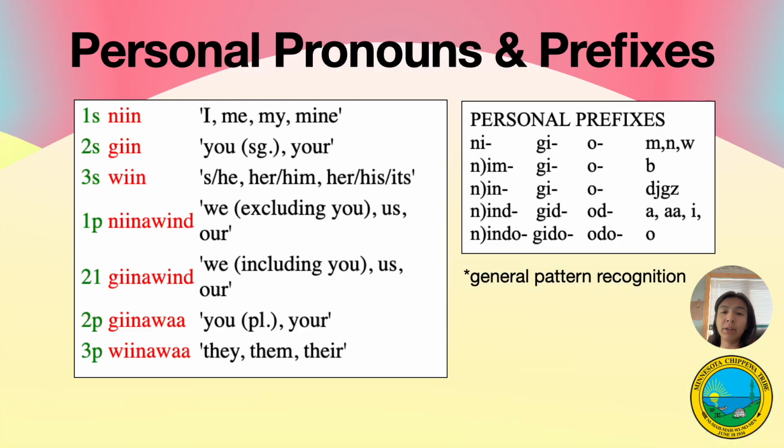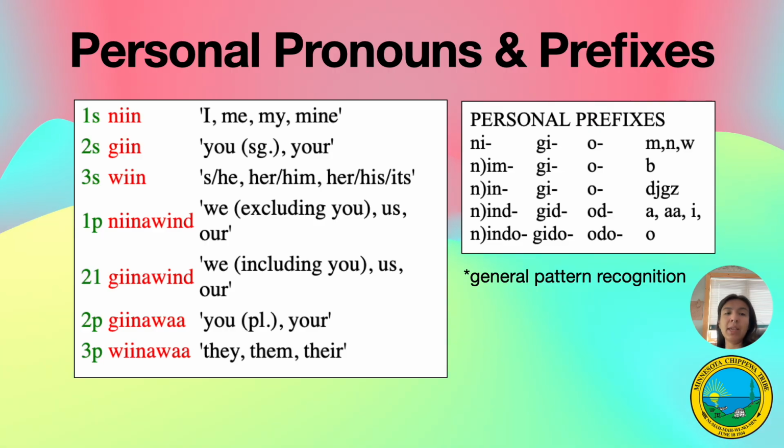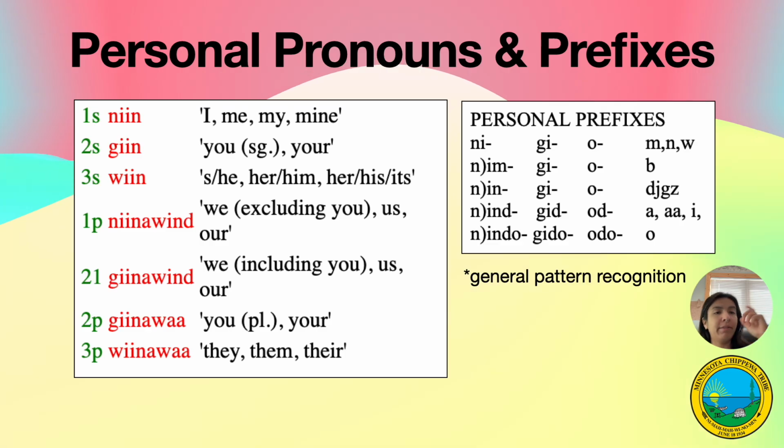There's first person plural, Nina wind, including myself, starting with me, excluding you is how that goes. So we, us, our. Gina wind is we, including you. That's why we use geen and not neen. Second person plural, ginawa, you, yours, y'alls. Third person plural, weenawa. So we have neen, nina wind, and we have geen, gina wind, and then we also have ginawa and weenawa.